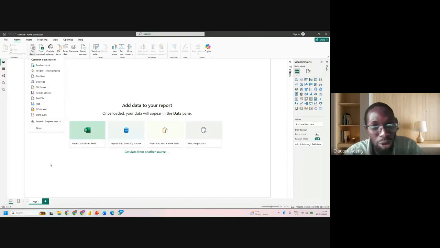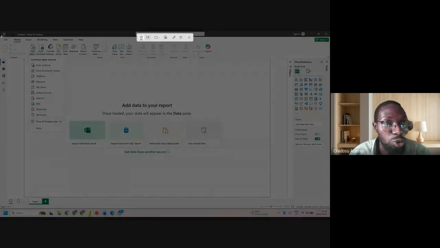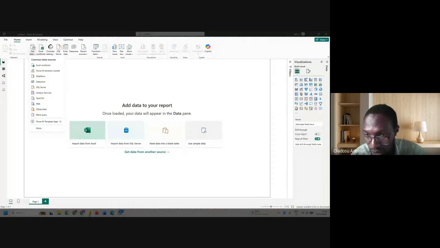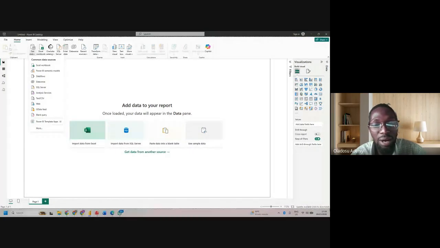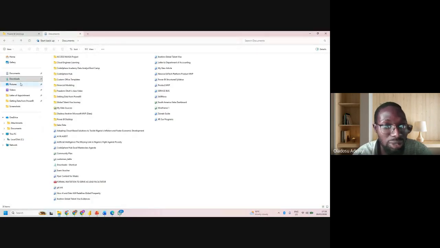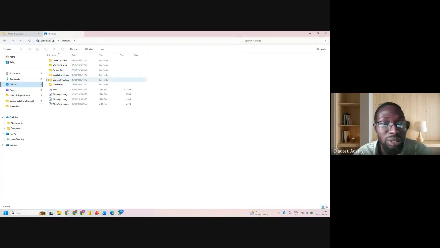Then I need to screenshot it the way it is like this. What am I going to do? Control Shift and S, put it together to screenshot. So I'll come here, I'll screenshot it, guys. Now I've taken the screenshot. Then you have to go to where the screenshot is. Go to where you have that screenshot.